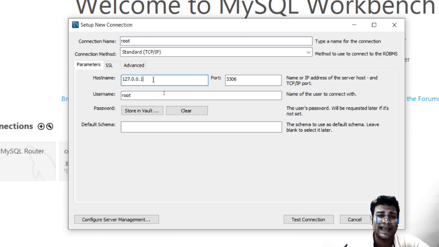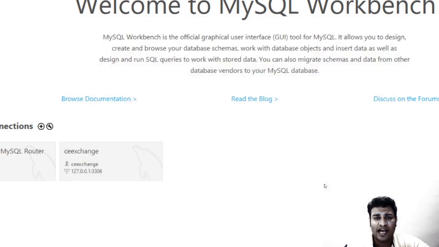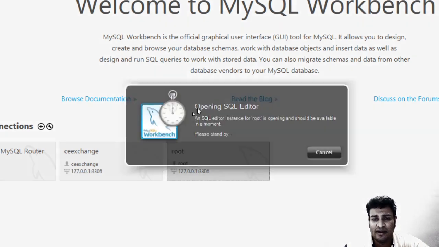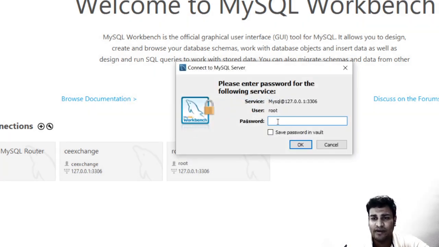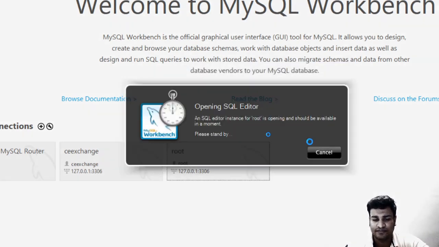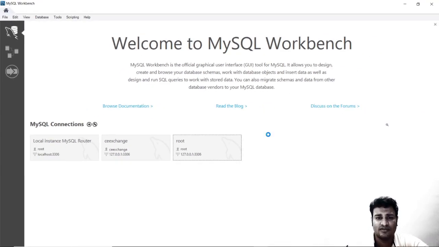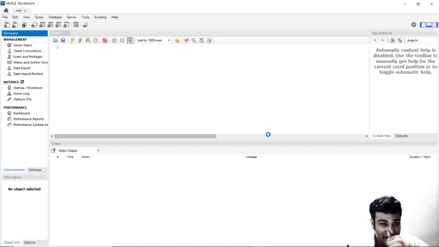It is the loopback address. And the port number on which we installed is 3306. Username is root, and we just click on OK. It will ask for the password. No, it does not ask for the password. So just click over here, and now it asks for the password. So now enter root and OK. As you do this, you will be inside your Workbench, and then you are good to use it.